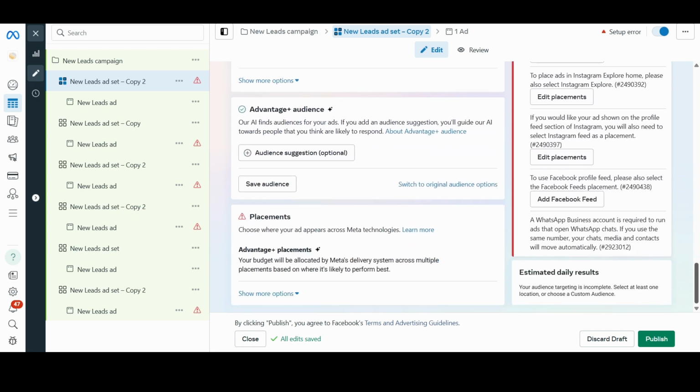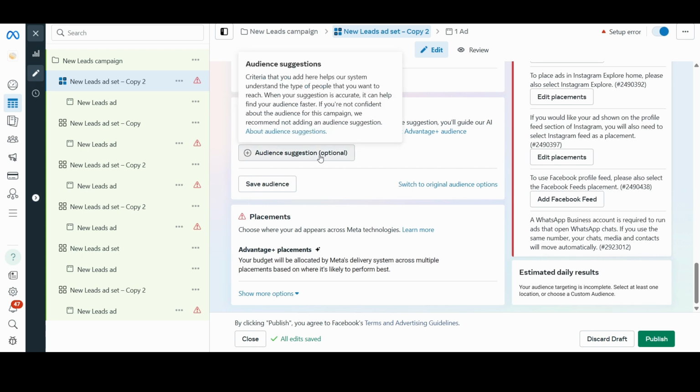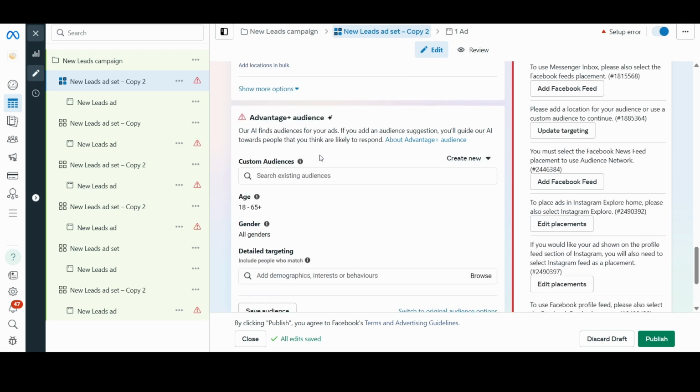Another thing I'm going to talk about very quickly is Advantage Plus Audience. When you use Advantage Plus Audience, it's actually an excellent targeting tool to use. But I would advise that you kind of guide the AI to do what you want it to do. And so you could